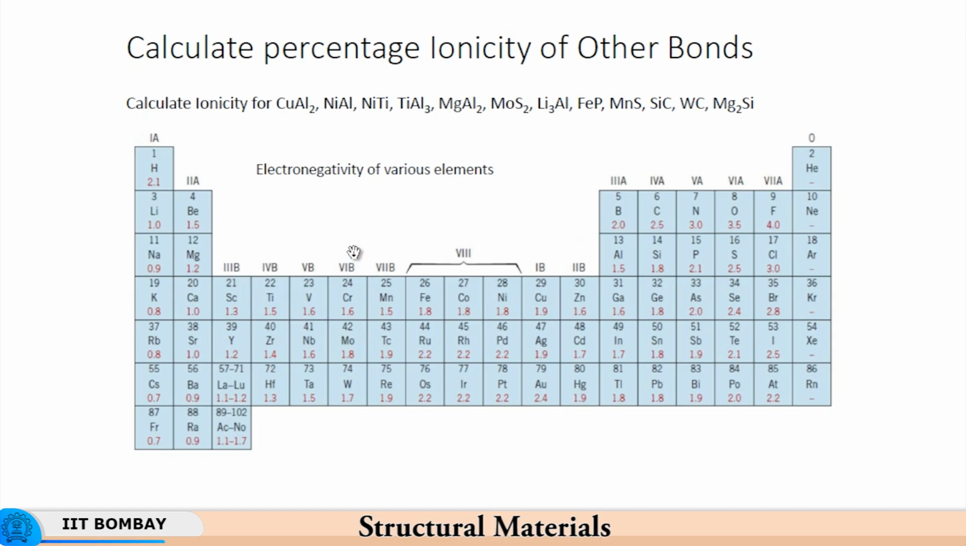I had also asked you in the previous lecture to find out the percentage ionicity of bonds like CuAl2, nickel, and so many bonds were given, and you were to find out based on the electronegativity of the elements involved. On the left hand side you see that the electronegativity of these elements is relatively small. On the right hand side, except for the inert gases, you have increasing electronegativity from boron to fluorine